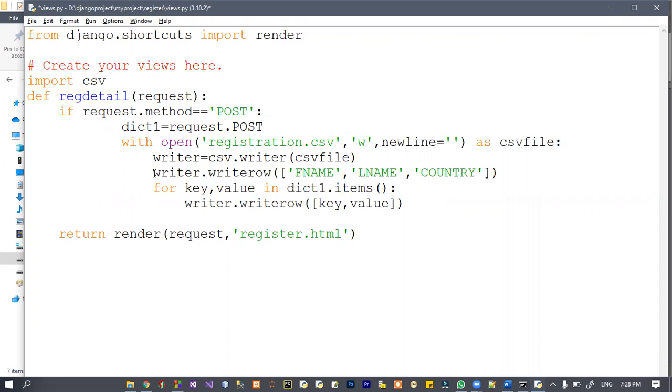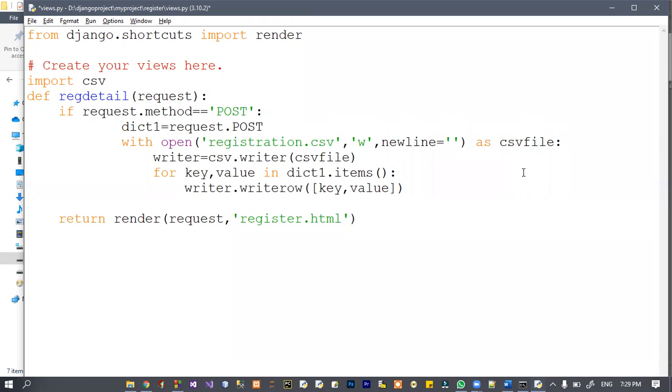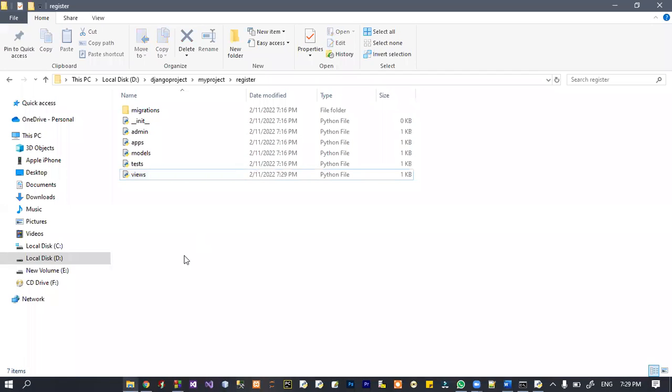You will get to know what is a CSV file and how it works, how we work with a CSV file, and what is the working of this file, and just remove that line, right, from this code. And now this code is ready, and save this code, and after this, close that file, or you can minimize it. And here,